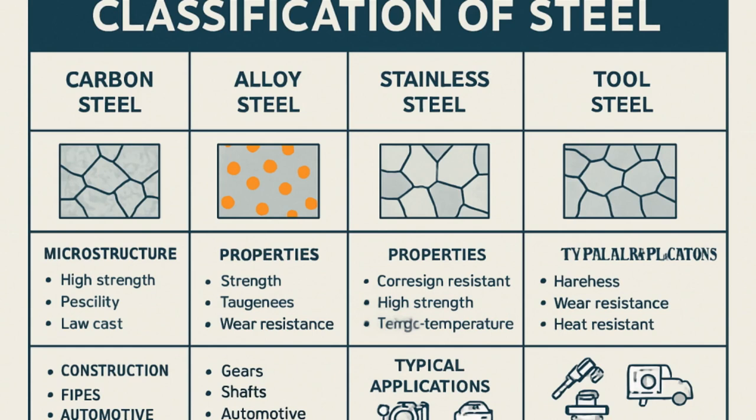Classification of steel and cast iron. Based on their carbon content and microstructures, iron-carbon alloys are broadly classified into steels and cast irons. Steels, typically containing less than 2% carbon, are known for their strength and ductility. They are further categorized into carbon steels, alloy steels, stainless steels, and tool steels, each with tailored properties for specific applications. For instance, stainless steels, with their high chromium content, offer excellent corrosion resistance, making them ideal for kitchenware and